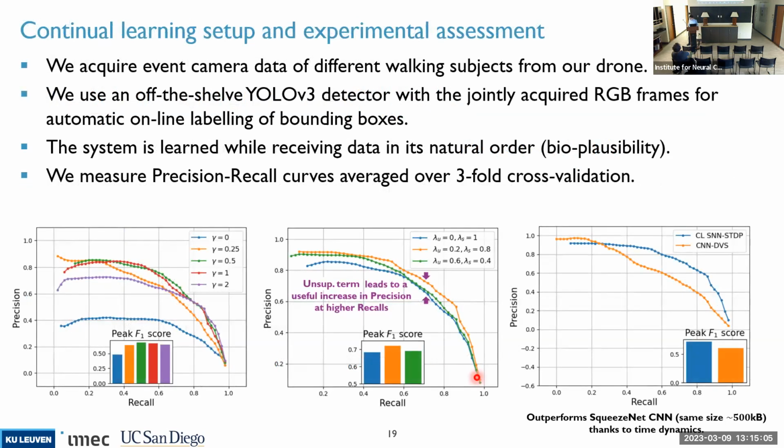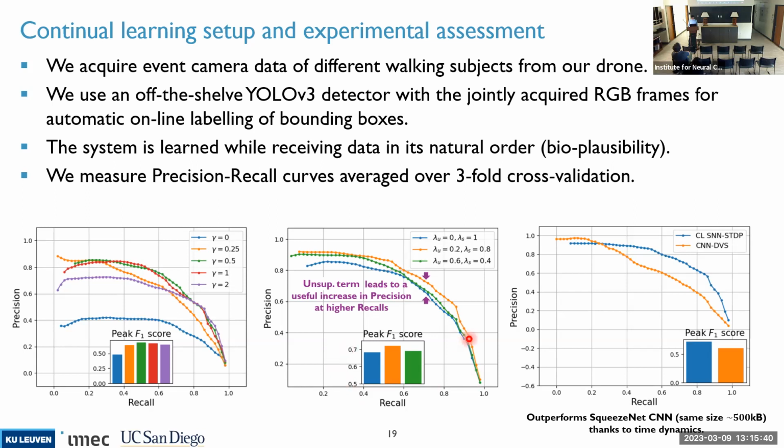Yeah, so we did some experiments with threefold cross-validation. What we did is that we trained the system on, for example, one acquisition with one subject, and then after, for example, 2 minutes of the data stream, we stopped showing the data stream and stopped the learning. We froze the weights, and then passed through another test acquisition to assess the performance. We did it 3 times in a threefold cross-validation manner.